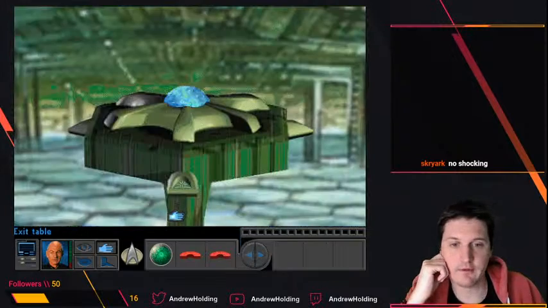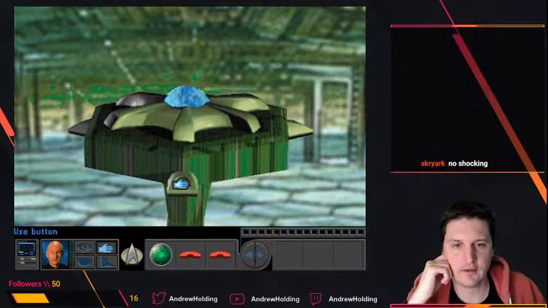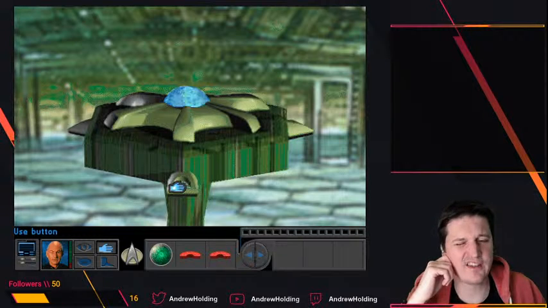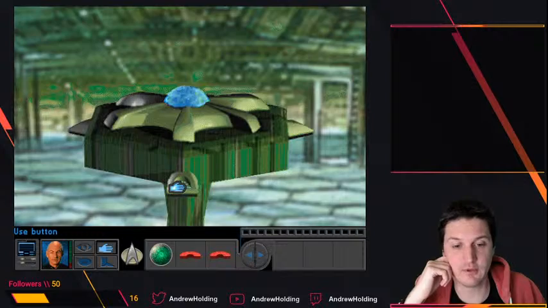Let's go and play. I saved recently, so... Use buttons. So what I can do is I can put this in there. Okay. So if I don't shock anyone, that sounds like the right thing to do. But that doesn't sound very Chodak, so we could all just die horribly. But...